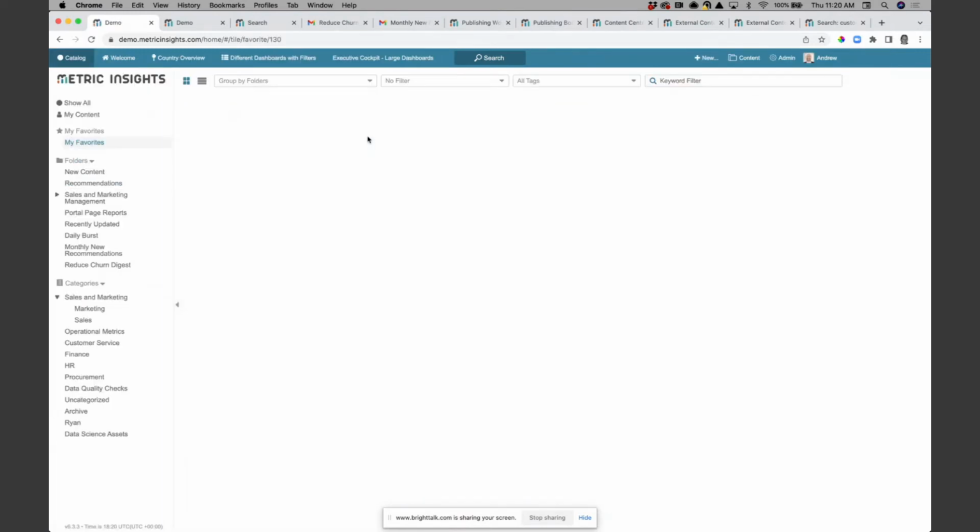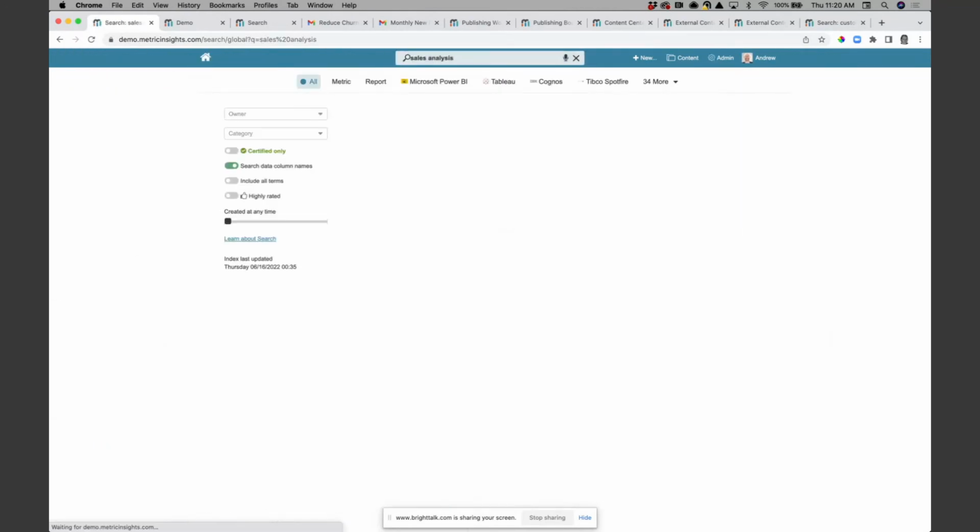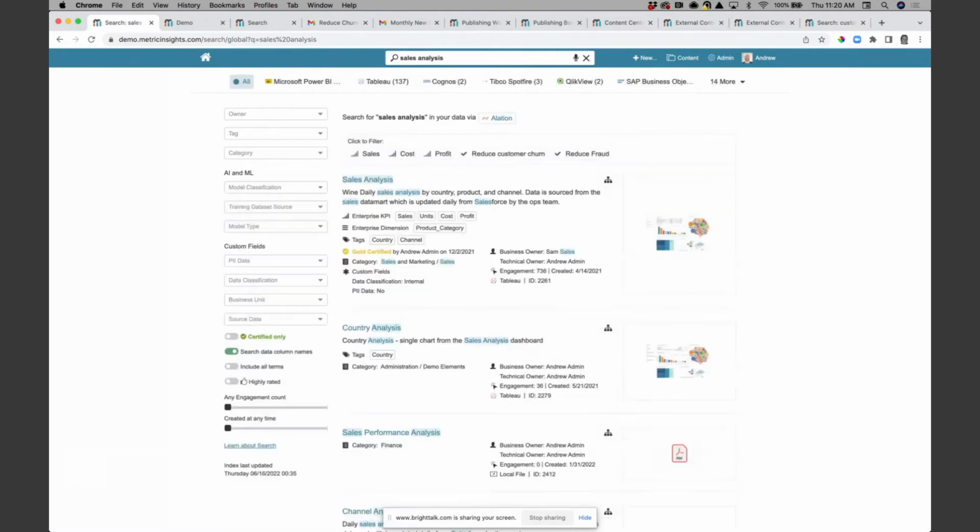And the portal allows you to publish these assets, to organize them on the left-hand side here in a way that makes sense for the users. Security will determine what they get access to, and they can easily come in and search through this catalog for content that they might be interested in, again, regardless of the technology that it might be created in.